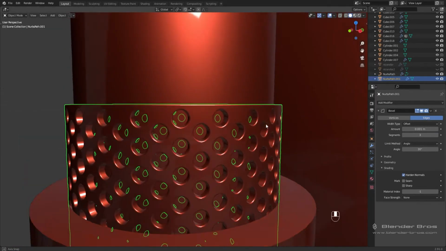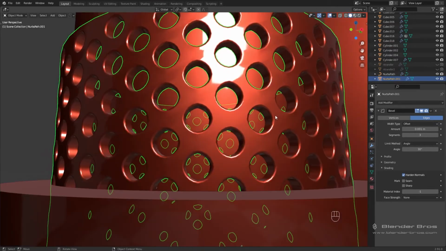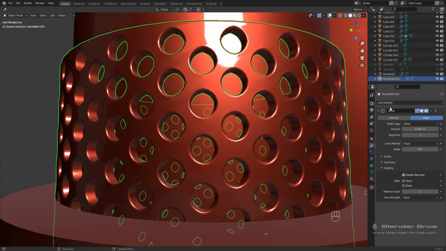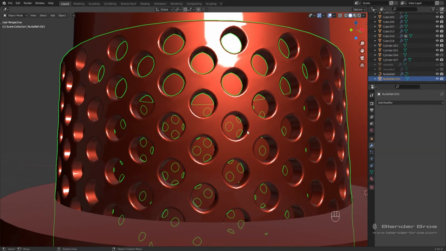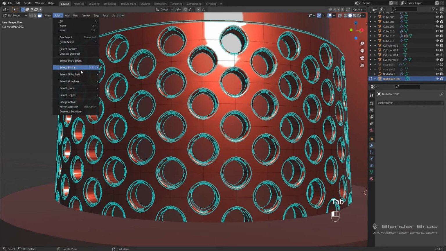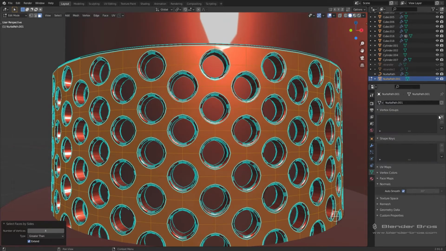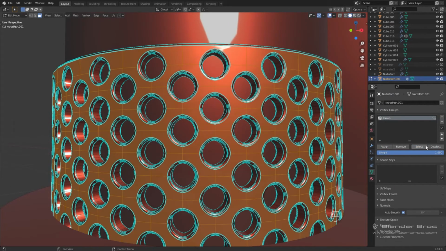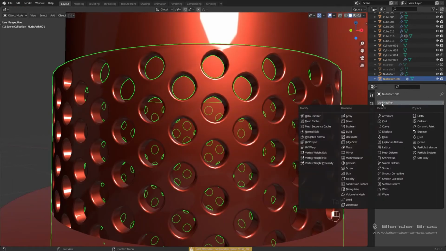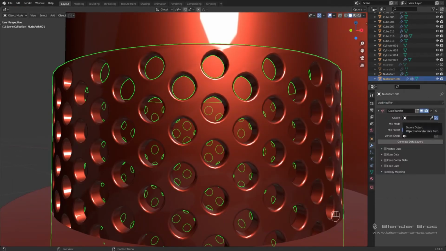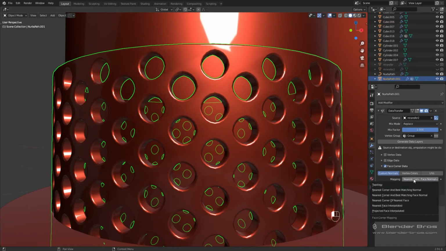And just like before, shading is really bad, especially on this piece. What we need to do is apply our bevel, select all by trait, faces by sides greater than 4 vertices, assign a vertex group, and then data transfer. So now you pretty much know the drill. We're going to choose that normal transfer to object, vertex group, face corner data, custom normals, and then projected face